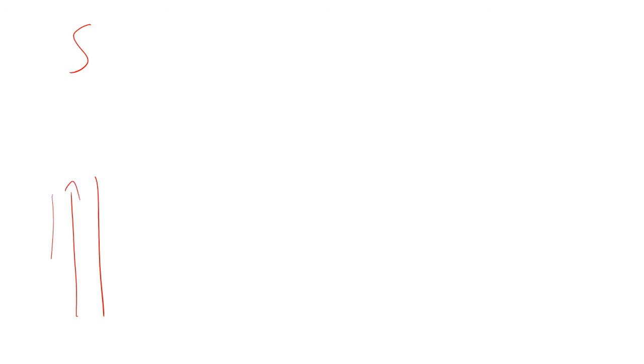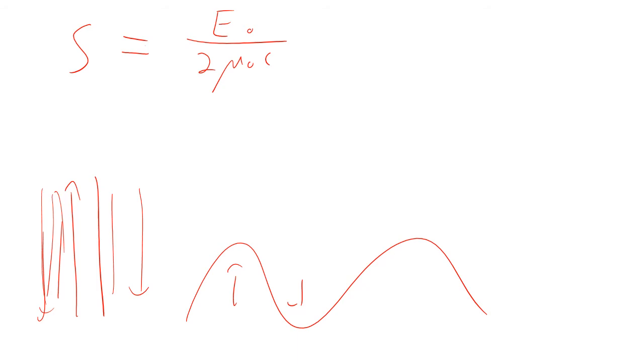Now the voltage is going to go back and forth, back and forth, because that's the nature of harmonic waves. It goes one way, then the other way. And so what we're interested in is the maximum voltage, then the maximum voltage the other way. So the intensity is related to the maximum. We said that's E naught squared divided by 2 mu naught C. So that means that E naught is going to be the square root of 2 mu naught C